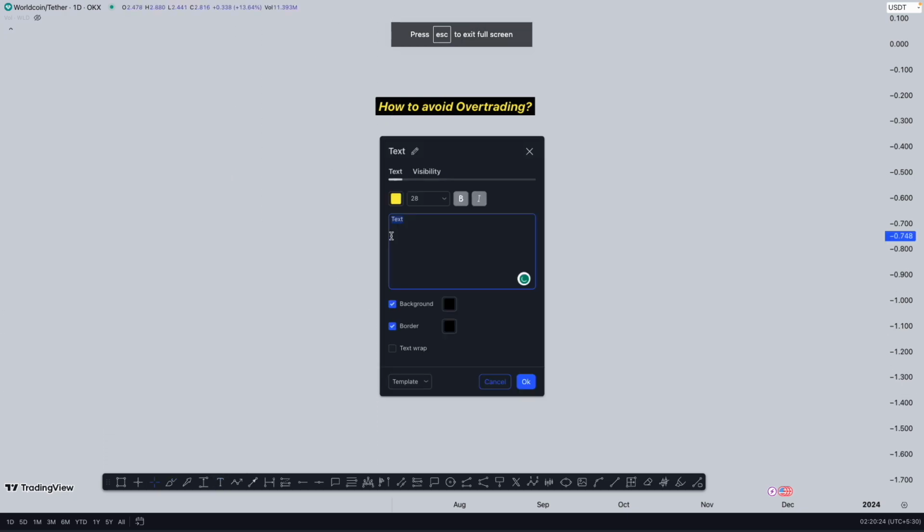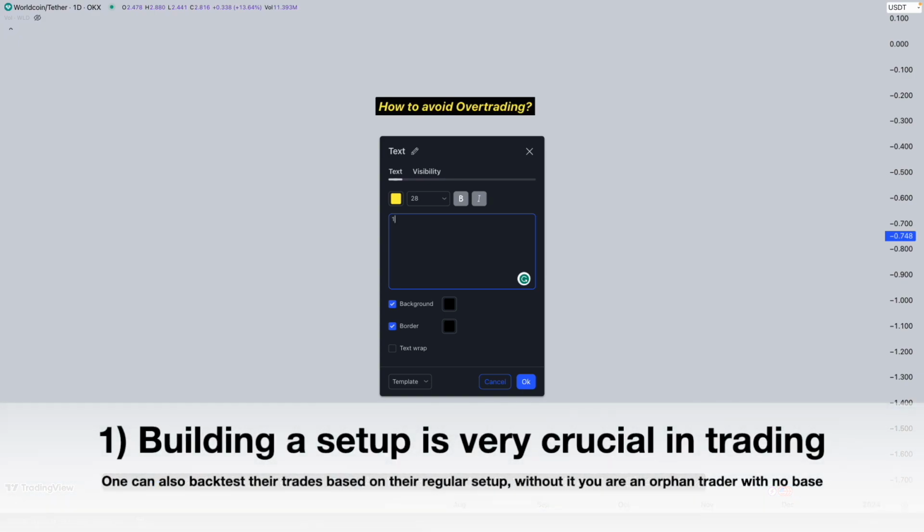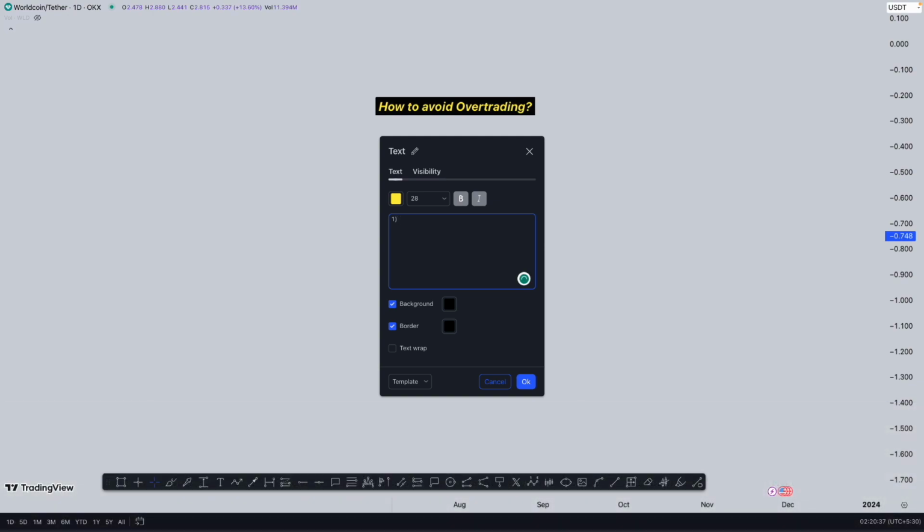If you simply want to avoid overtrading, you need to go into the depth of understanding why you even do that. Once you start to understand that, you will understand that you need to have a proper setup, and building a setup is the most important part of trading. When you have a proper setup, you know where your trades are, what your trade days are going to be, and what the confluences are which lead you to trade, or else you will just be avoiding that. So building a setup is very necessary in trading.